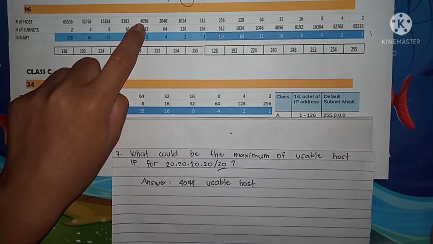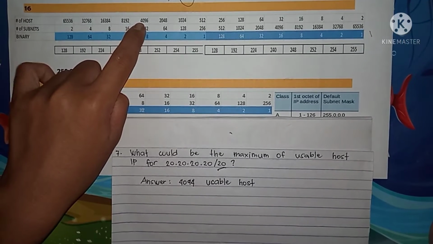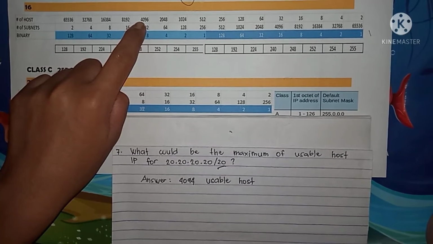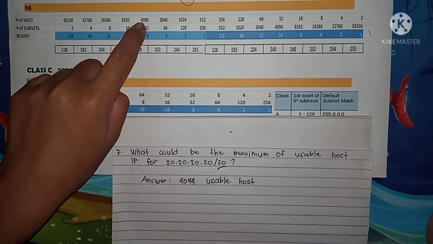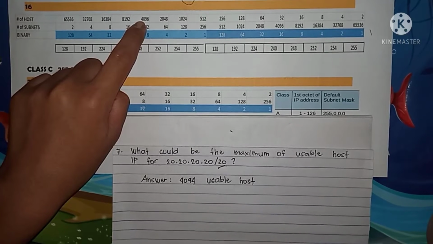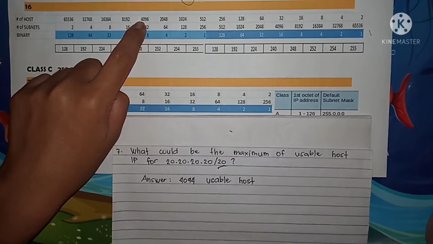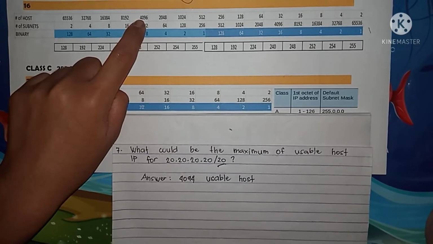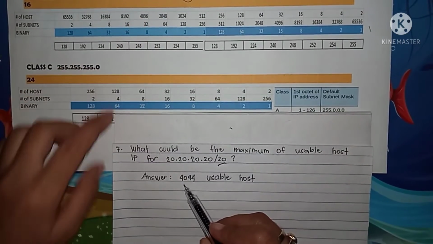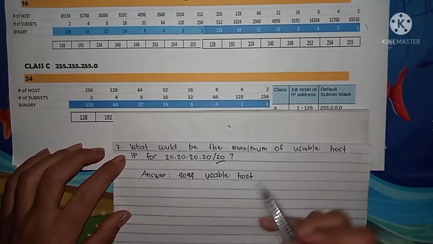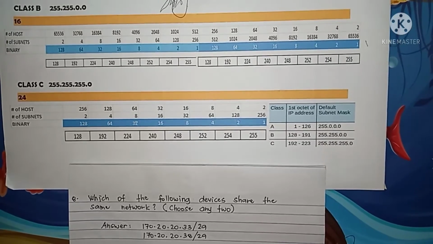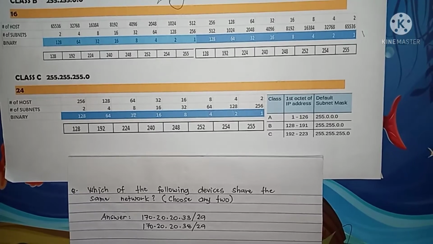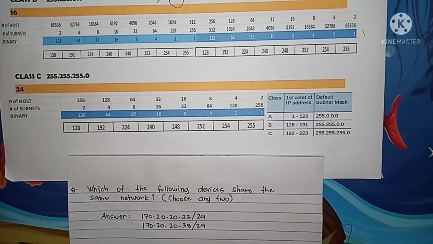4096. Always remember that the number of hosts is being subtracted by 2 for the network address and the broadcast address. So this will become 4094. So that's why we came up with this answer, 4094 usable hosts. Which of the following devices share the same network? Choose any two. So the answer is